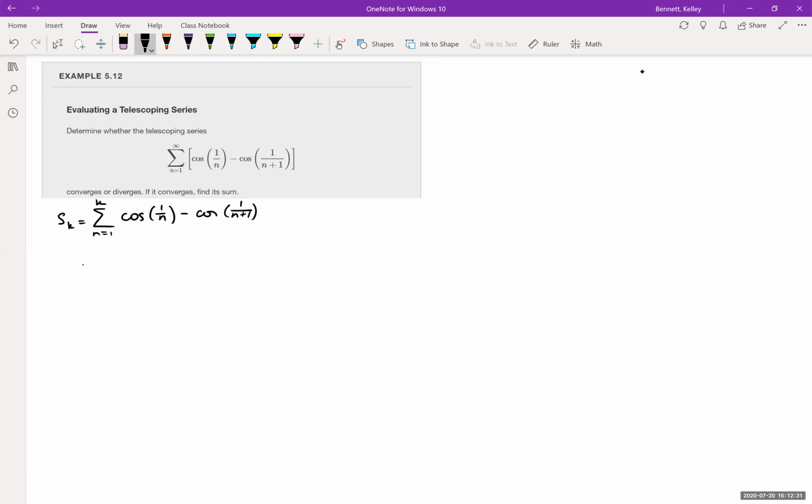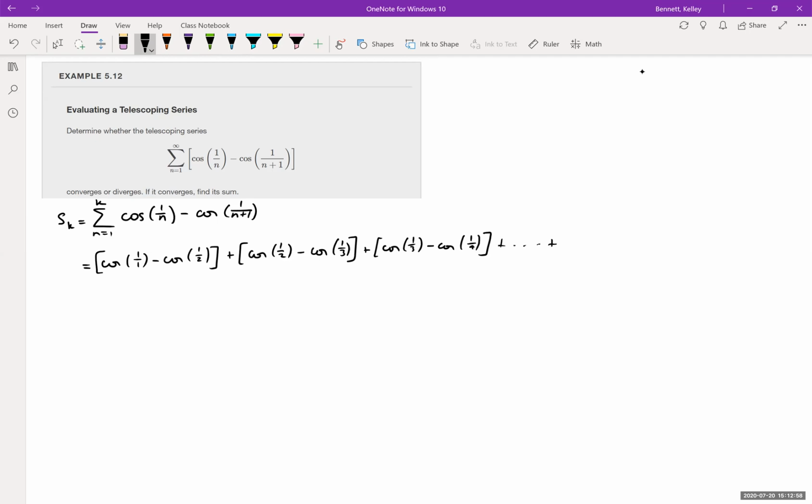And so this is just going to equal cosine of 1 over 1 minus cosine of 1 over 2, plus cosine of 1 over 2 minus cosine of 1 over 3. So this is really the same thing that happened last time, plus cosine of 1 over 3 minus cosine of 1 over 4,